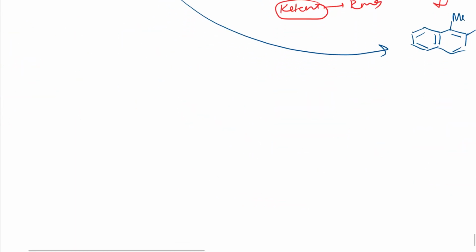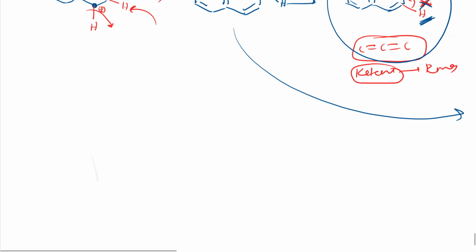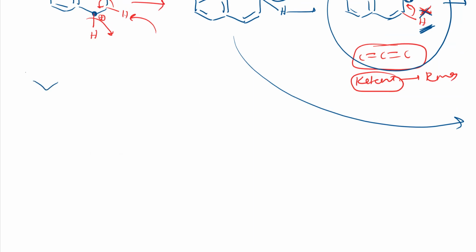So this methyl also shifts with electron density, that thing is the important point. So like this here methyl I had, right? So the next carbon I was having positive. So this methyl, what it will do, it will take this electron density with it, so it will form like this here.